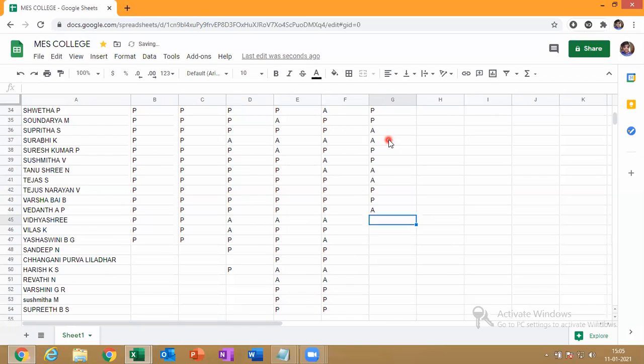Vijayashree. Vilas K. Yaswini BG, present, sir. Sandeep N, present, sir. Purva, present, sir. Harish KS.